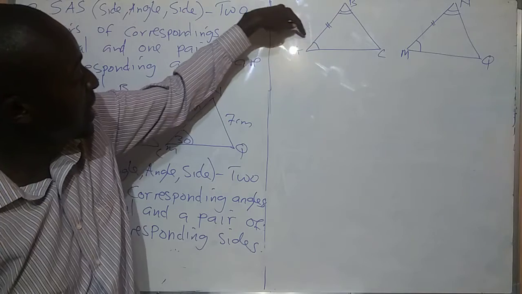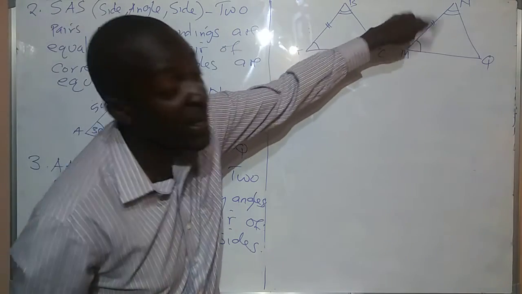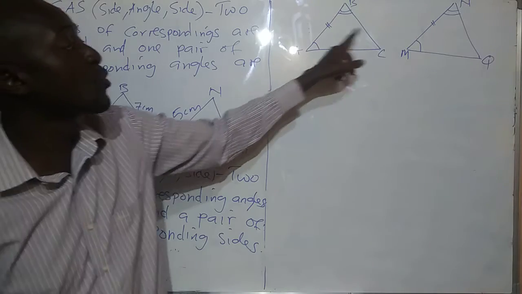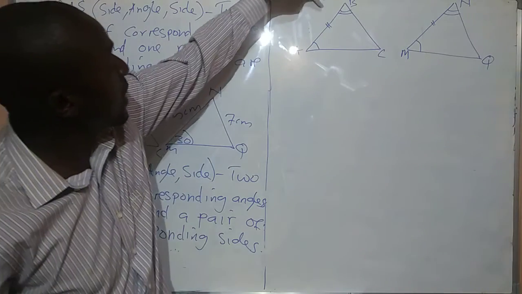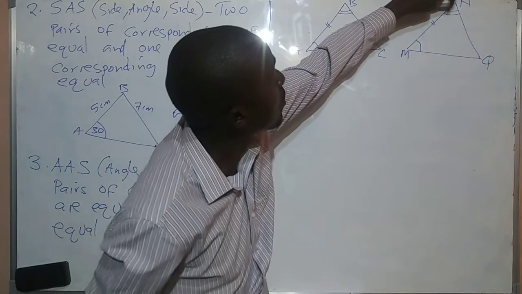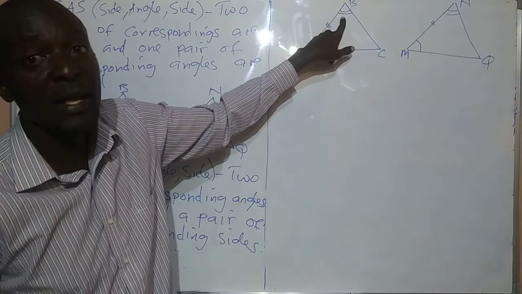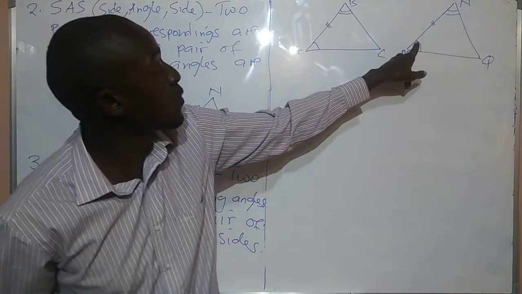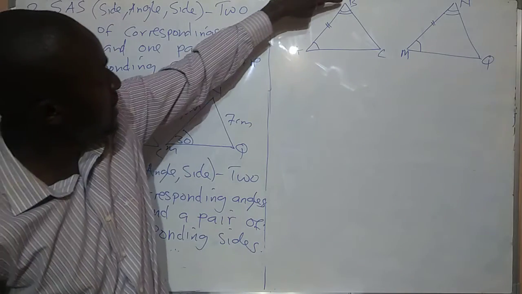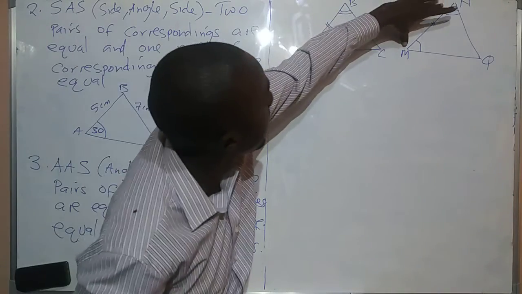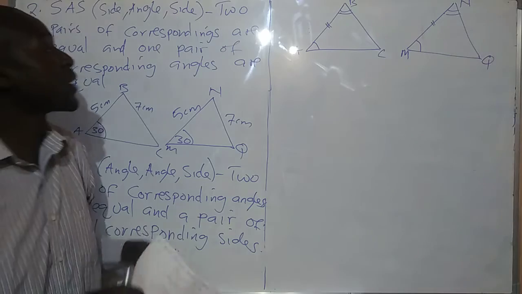Okay, so when you look at these two triangles here, you can see that this angle here, because it only has one line there, one arc, is equal to this one here. Even when we don't put the numbers there, we can put the numbers there, but the numbers will be the same. And then you can also see that B has two lines here, which means that it's equal to that one. So if it's 40 here, then it means it's also 40 there. If it's 20 here, it means it's also 20 here. And then when you look at AB, the line, we have these two lines. It means AB is equal to MN.